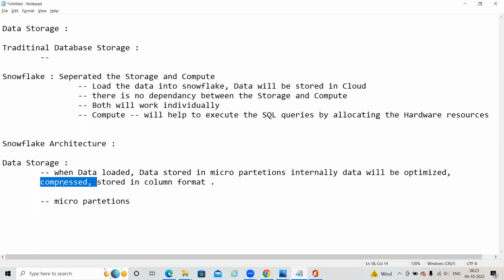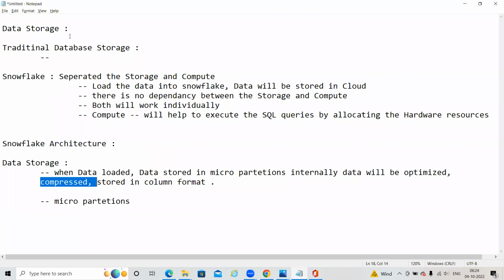How much data you are going to store in your database or data warehouse, based on that they will charge the amount to be paid to the Snowflake service provider. So if you have 10 GB of original data, after compression into Snowflake maybe it will be stored as 7 GB. Then you are going to pay only for the 7 GB. So that is one of the major advantages here, compression.